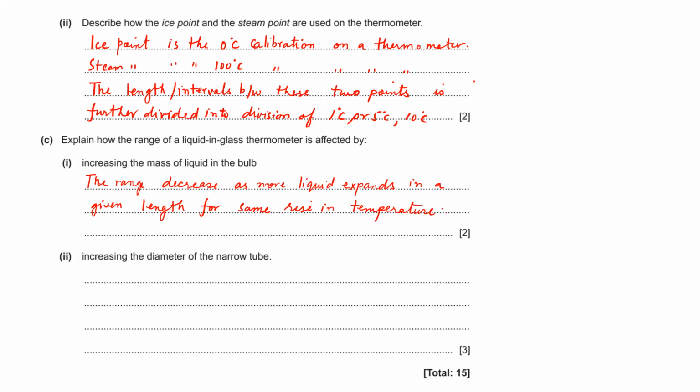Okay, then it says what happens if we increase the diameter of a narrow tube. So if we keep everything the same and we just increase the diameter of the narrow tube, what will happen? In this case, our range will increase. The range will increase